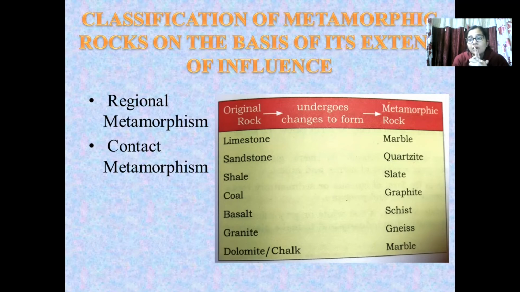Contact metamorphism is that type of metamorphism where the rocks are altering over a smaller area. Regional metamorphism is that type of metamorphism where the rocks are altering over a large area. तो मतलब regional metamorphism में क्या होता है, दो चीज काम करता है, because it's like incorporating a larger area, so there is both huge amount of pressure and the heat that is working, both. But in contact metamorphism, it is necessarily the heat that is the driving factor, because वो तो पास ही में चेंज कर रहा है, वो तो बहुत ज्यादा चेंज नहीं कर पा रहा है, तो थोड़ा हीट की वजह से भी रॉक चेंज हो सकता है, ठीक है ना।